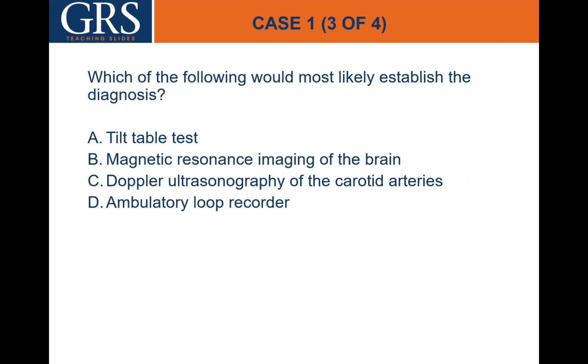So which of the following will most likely establish the diagnosis? A, tilt table test. B, magnetic resonance imaging (MRI) of the brain. C, Doppler ultrasound of the carotid arteries. D, ambulatory loop recorder. Definitely A, because this one is less invasive, and also for this patient, it's most likely